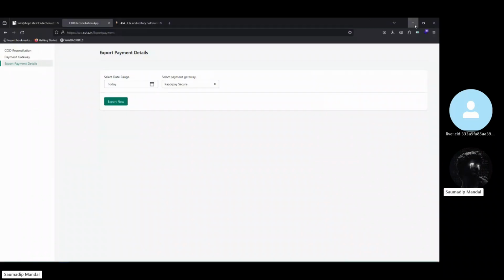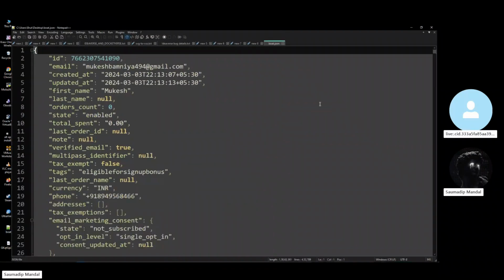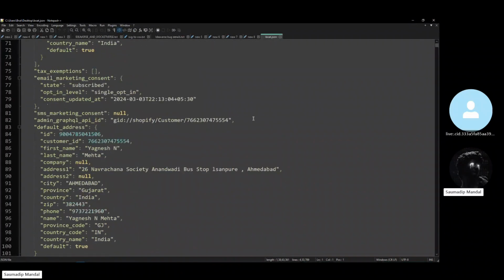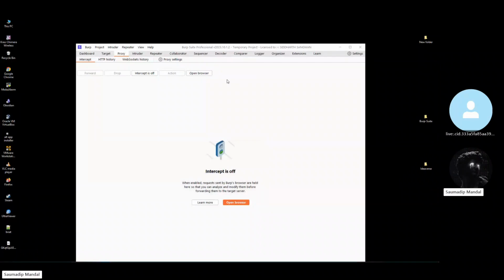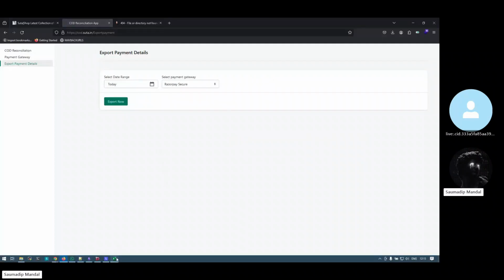Yeah, so I have the file. Let me show it to you. See, I read about it. 2 GB of data leaked. See, they have also leaked from Shopify. So they didn't set up their API properly, and which is basically leading to